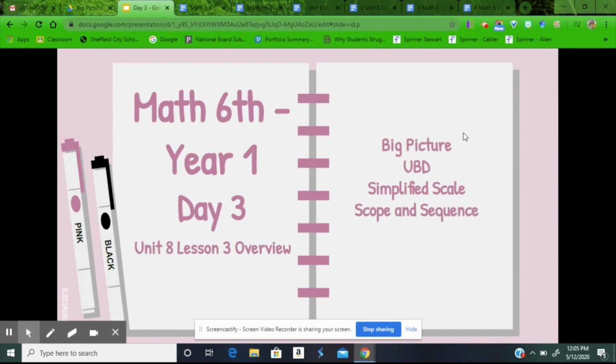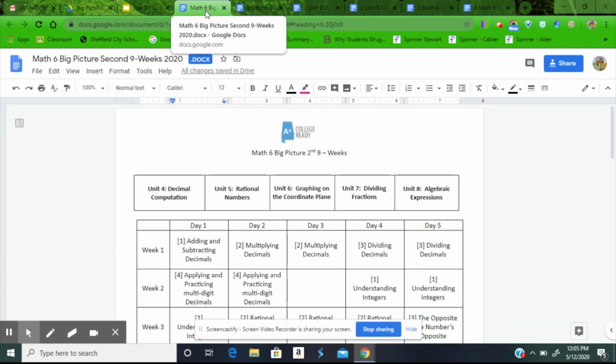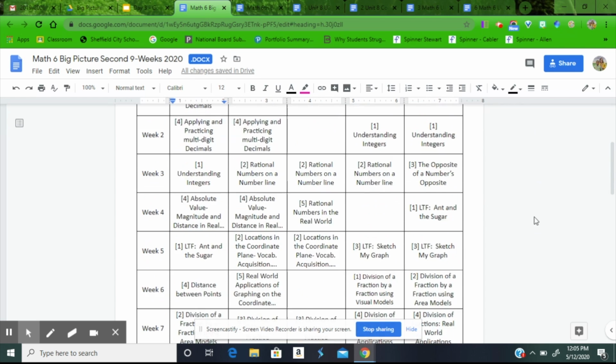Let's now have a look at Unit 8, Lesson 3. We're starting a new unit, so we're going to look at the big picture, the UBD, the simplified scale, and the scope and sequence. Let's start with our big picture. Notice we're still in the second 9 weeks, and we have Unit 8, Algebraic Expressions, at the end of the